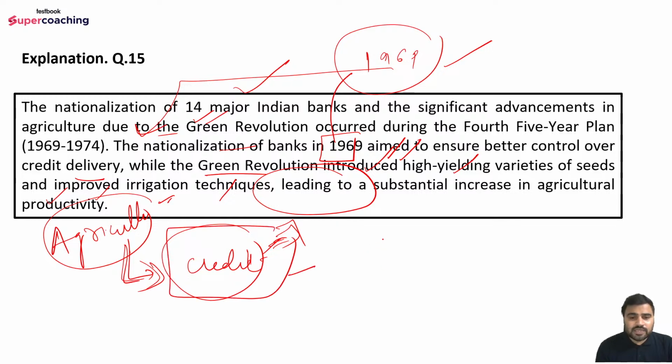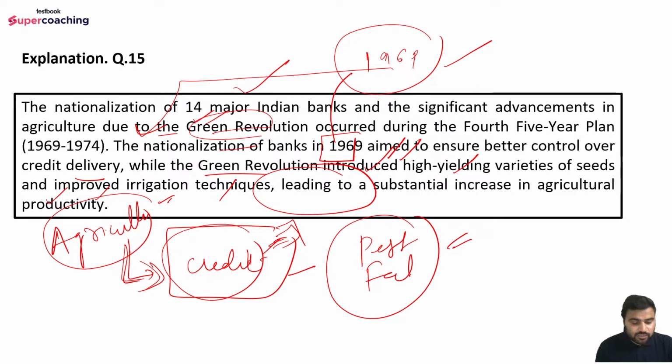So what will happen basically, यहाँ पे we had to introduce the Green Revolution. उसके लिए what is needed? उसके लिए basically need थी यहाँ पे pesticides की, there is a need of fertilizers, right? ये सारी चीजों के लिए, but farmers did not have money, right? So what will farmers do? Farmers would go to the bank and ask for the money, but the bank refused to give them money, right? So it was not possible for the farmers to manage all these things, and that is why